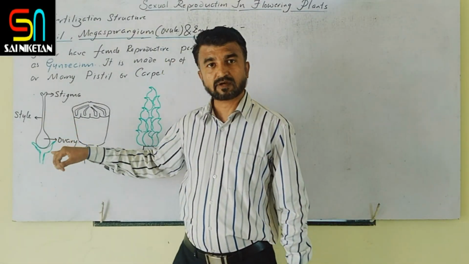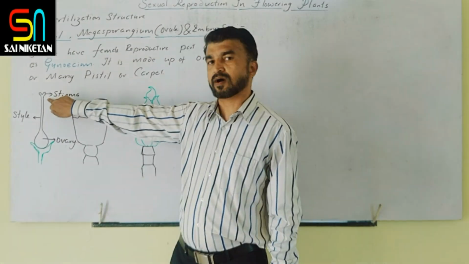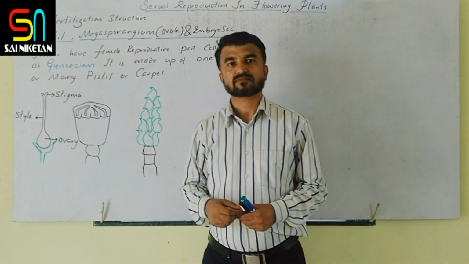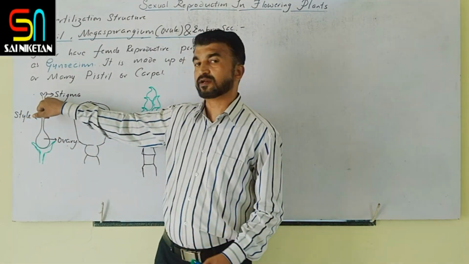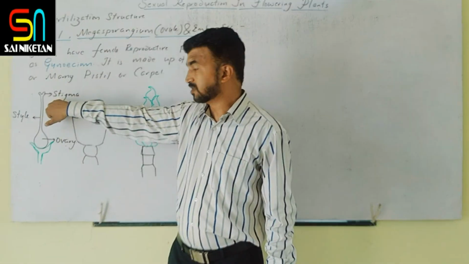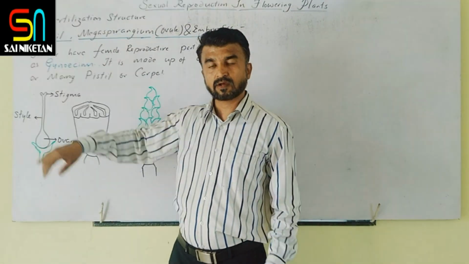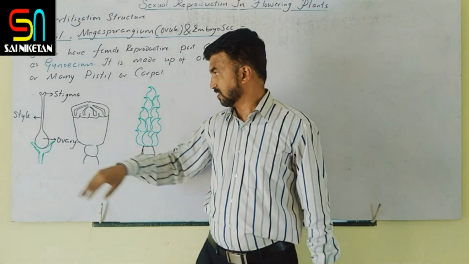When you take the gynoecium of hibiscus, the tip is the stigma. It is a platform which will receive the pollen grain during pollination. The pollen grain comes and lands on it. So this is the platform, and its work is to receive the pollen grain. Clear? Its importance will come again.